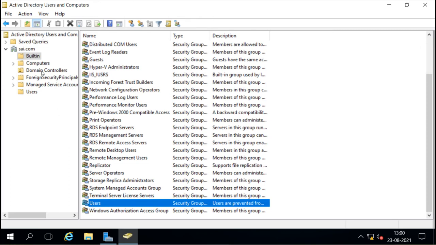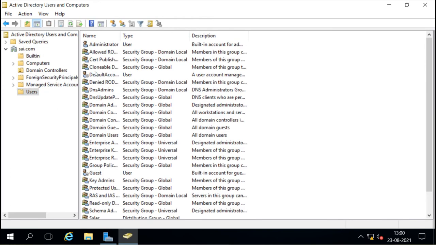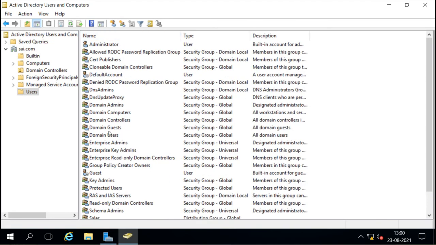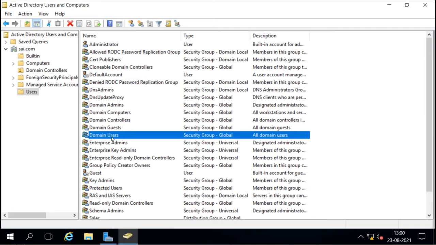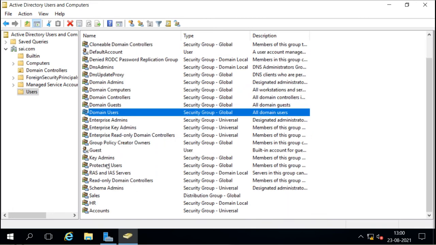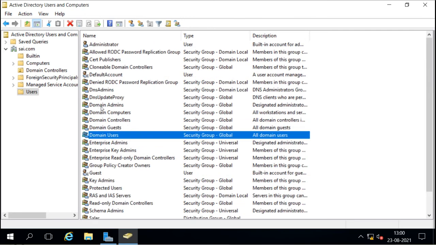Now, after installing the Active Directory domain services, we have these domain related groups, and all the normal users are now members of this domain users group. Then we have domain admins, domain computers group, domain controllers group, domain DNS admins. These are all the domain related groups we have. There are many other groups to give different privileges to the users for the specific domain and for the forest also.